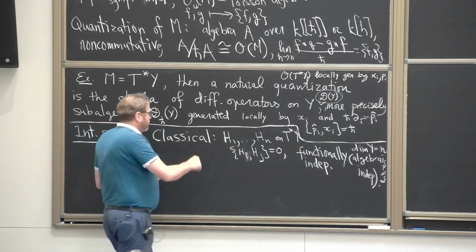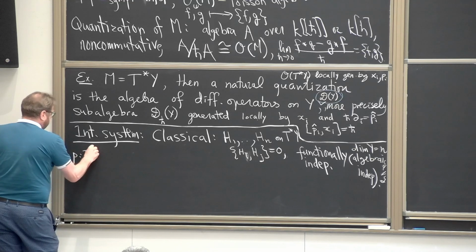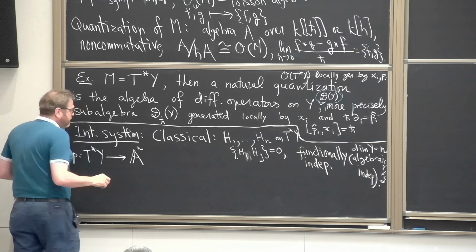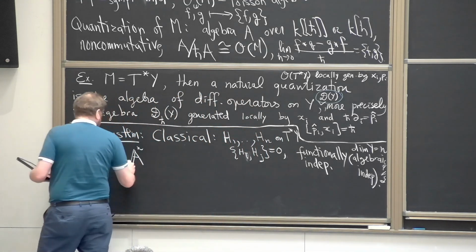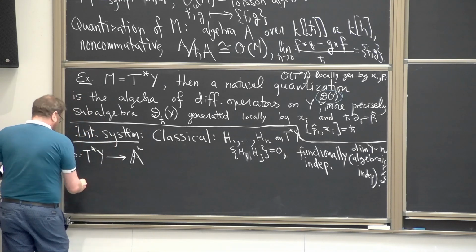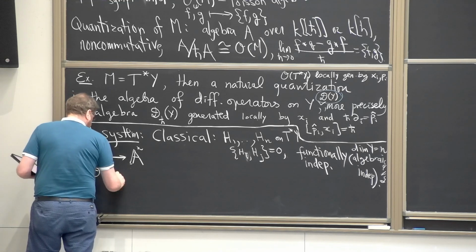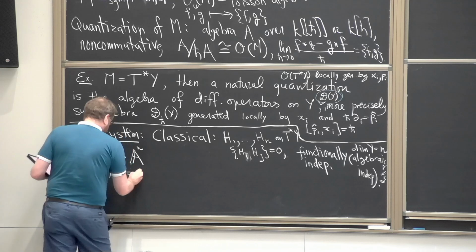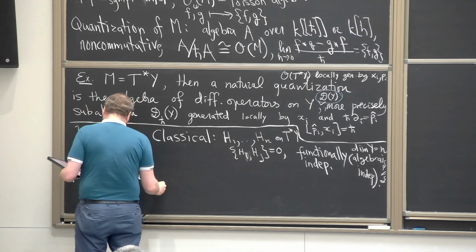So this defines a map from the cotangent bundle of Y to n-dimensional space. Let's say, in the algebraic category, I would write it this way. Algebraically, this corresponds to the pullback map between functions on this affine space, which is just polynomials of some variables,